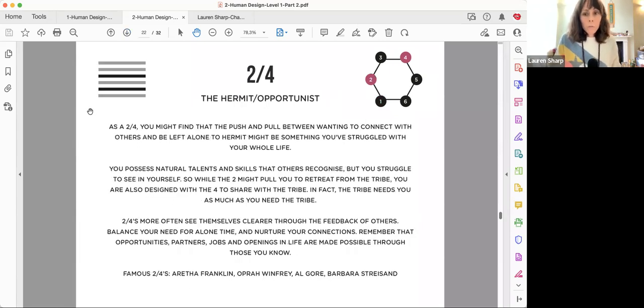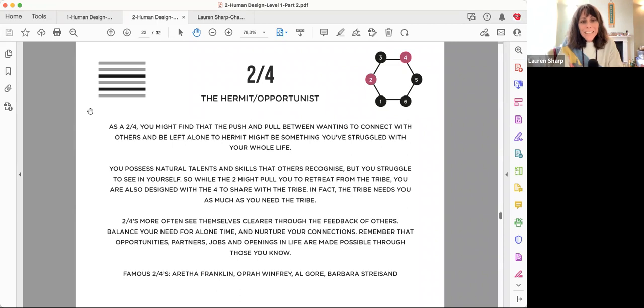And then the 2-4 is like the hermit opportunist. So again, those around them, not burning bridges, but the 2 is the hermit that retracts. Interestingly, though, a lot of 2-4s that I know are not actually introverted, reclusive people. If I pointed out some 2-4s, you'd be like, oh, those people are quite outgoing, I would have imagined they had the 2. What does that 2 mean, though? That 2 means that